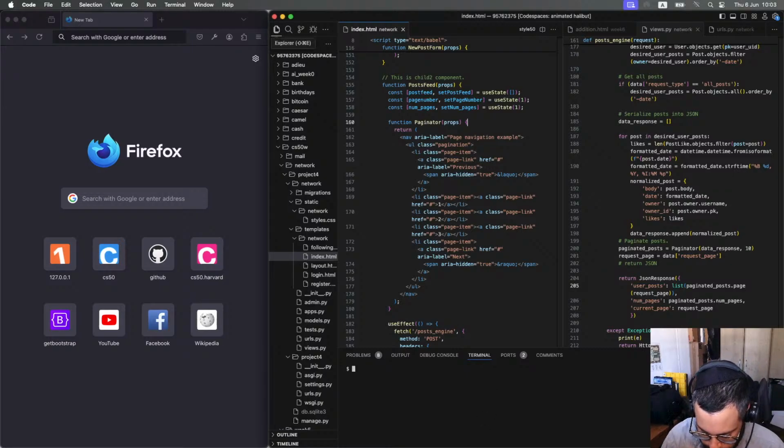So the first thing would be to give ourselves a server. So Python server,